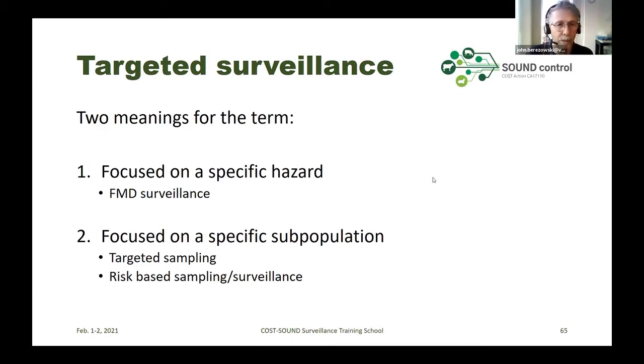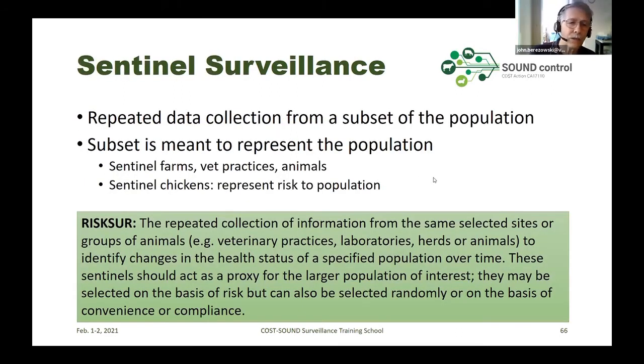Sentinel surveillance is similar. It's also often considered part of risk-based surveillance. And it's an older term as well. It's been around for a lot longer than risk-based surveillance has. It's where we define a subset of the population and we sample it a lot. So we do sentinel surveillance of cattle farms or pig farms, and here we select certain